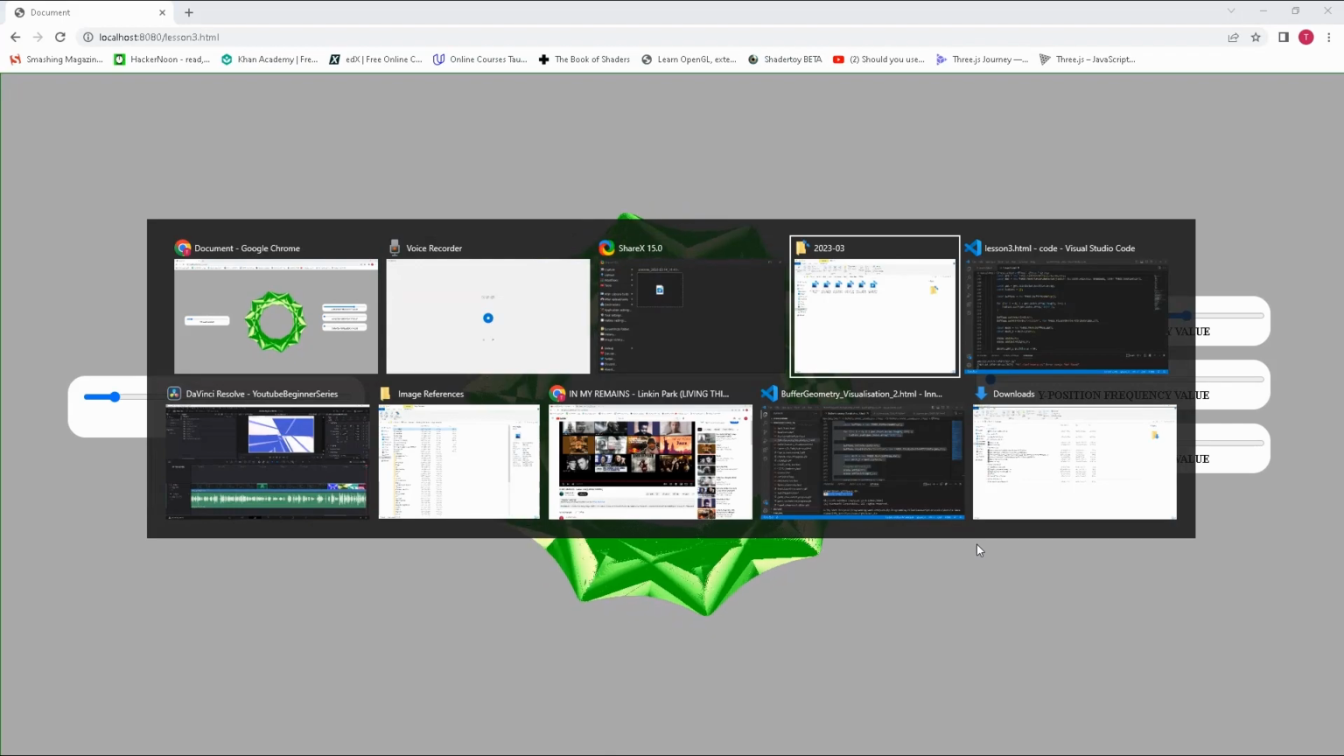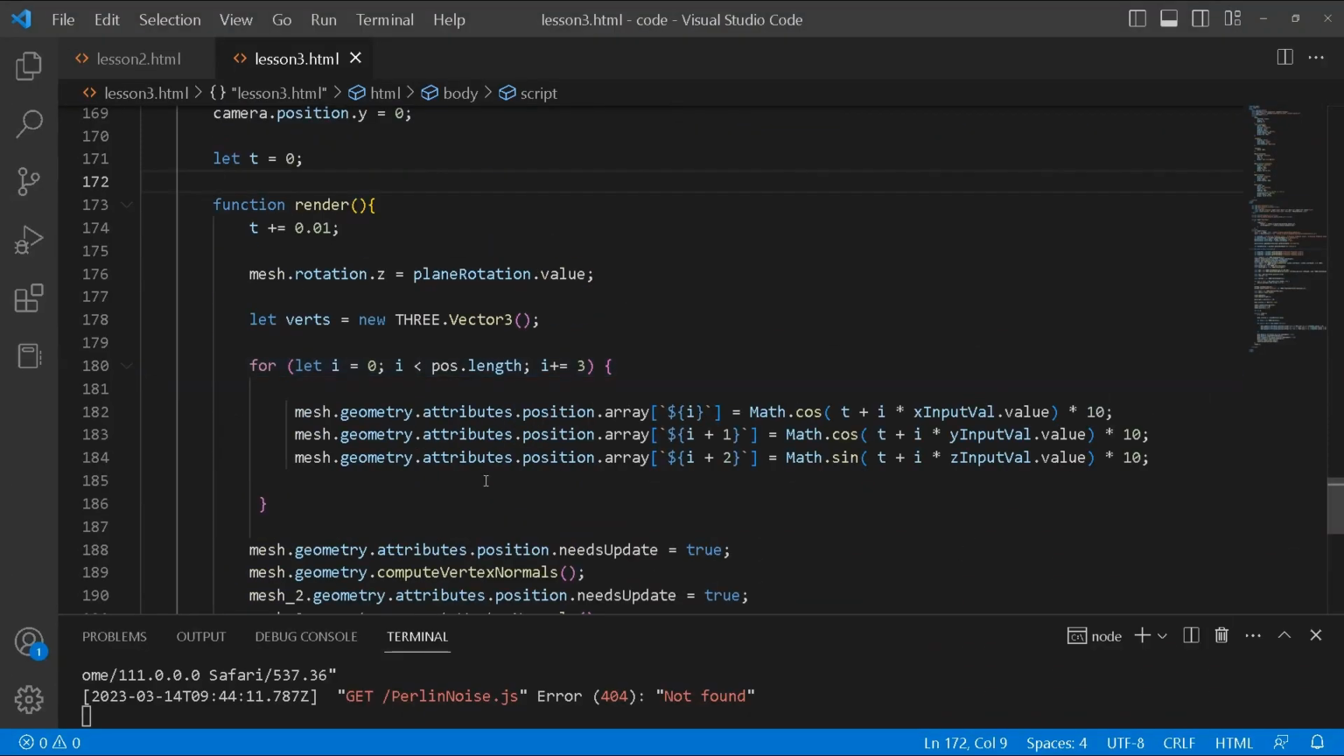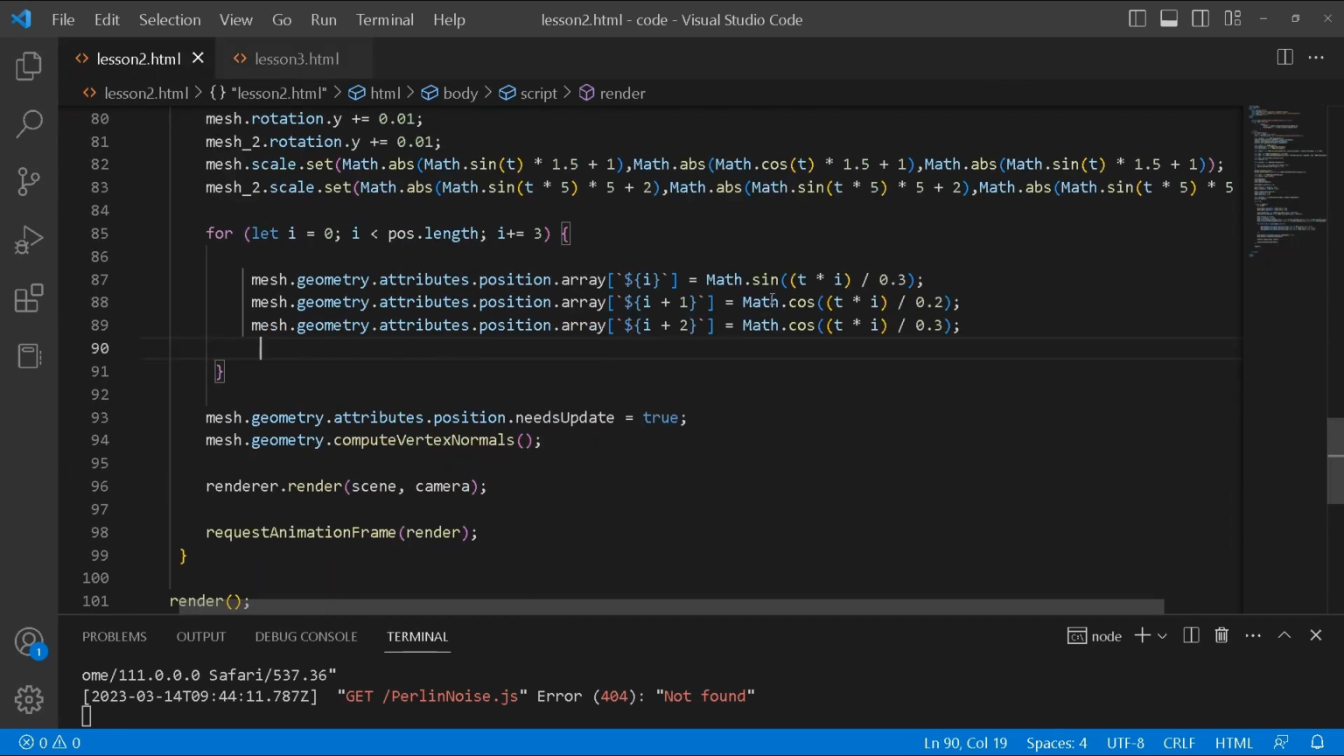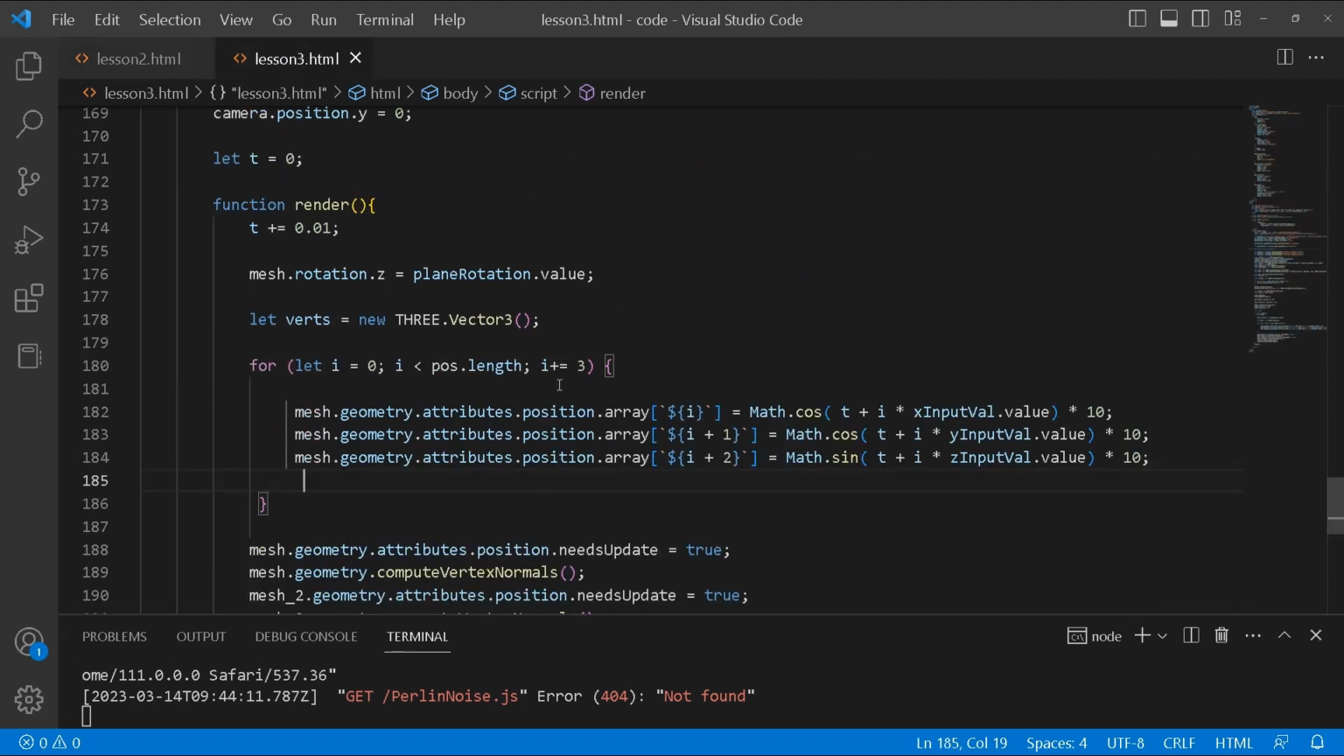So if I take you to the code, yeah, over here. So I've got this set up. I'm just gonna take you to the previous tutorial. This is the formula that I used. So it was t times i, which I multiplied by the index and then divided by whatever number over here. Whereas this is different. I just add the index to the time and then I multiply by this value, which